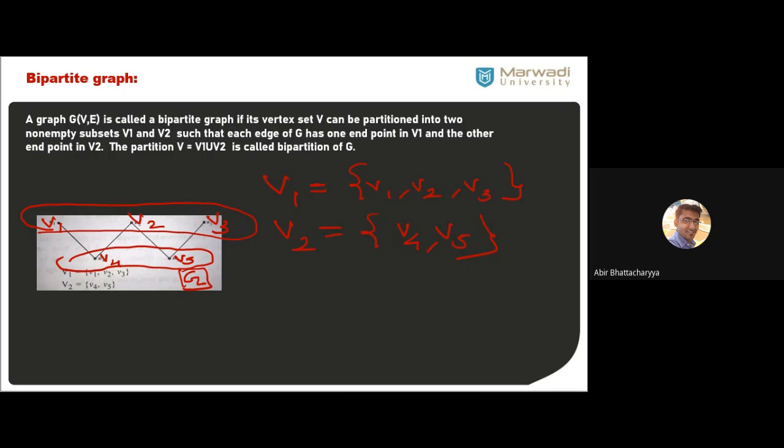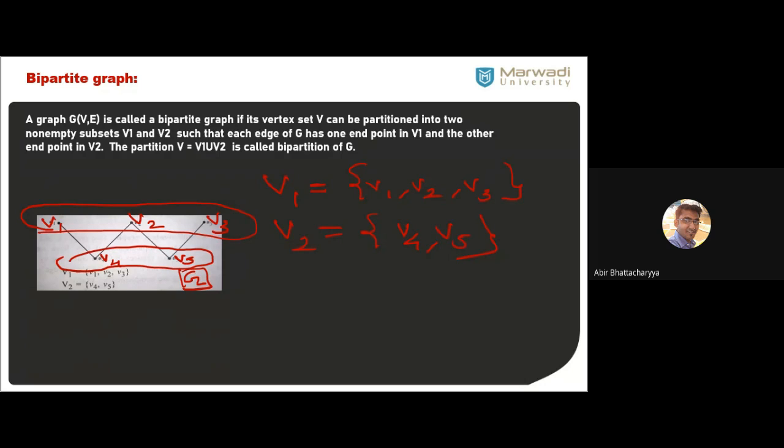V1 and V5, yes. In this case, this is another partition. You can create it. I will come to that point. But right now, I created only two partitions. Now focus on these two partitions. You can create another partition in this case. Lots of partitions are possible. I will ask you how many partitions are possible. That's the next question.